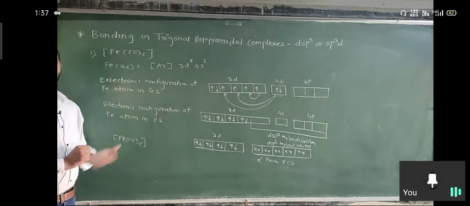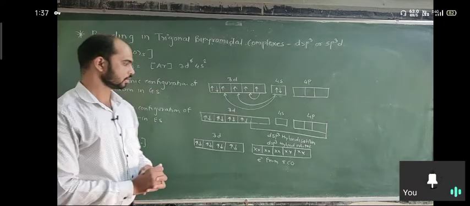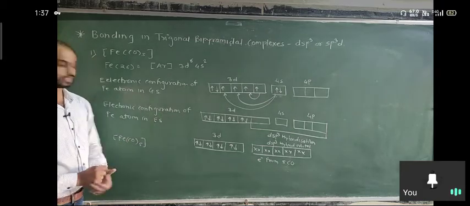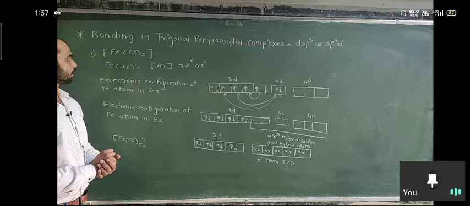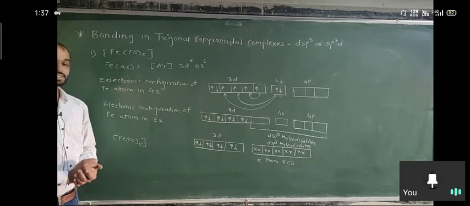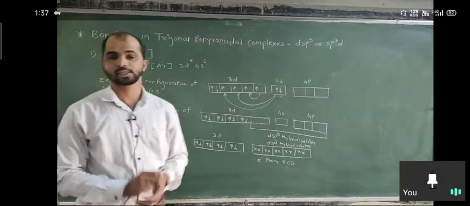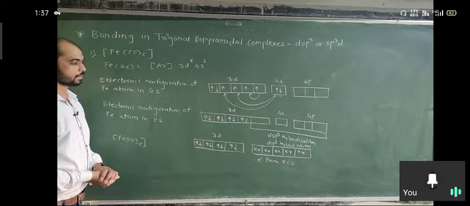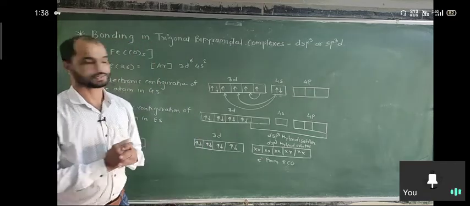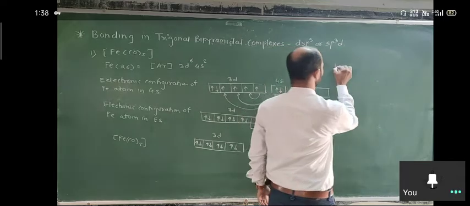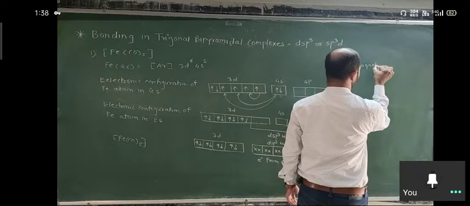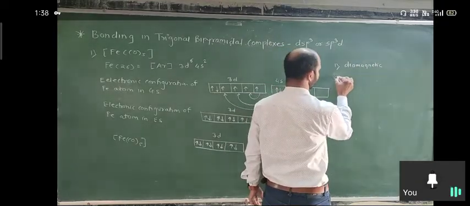That means the central atom undergoes dsp3 hybridization and forms the 5 dsp3 hybrid orbitals, which overlap with 5 molecules of carbon monoxide and form the Fe(CO)5 complex. All the electrons are paired. That means there is a zero magnetic moment, meaning the complex is diamagnetic, and the dsp3 hybridization suggests the trigonal bipyramidal geometry. So we can mention here the first point, the magnetic property: it is diamagnetic. Second, we can draw the structure.